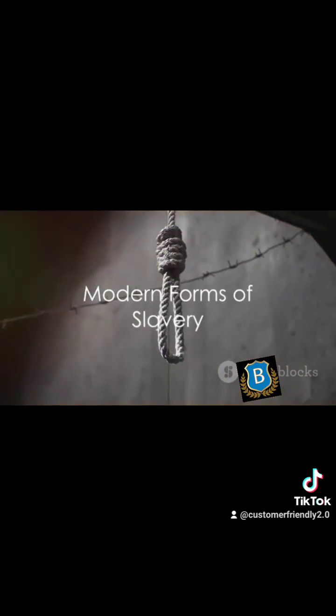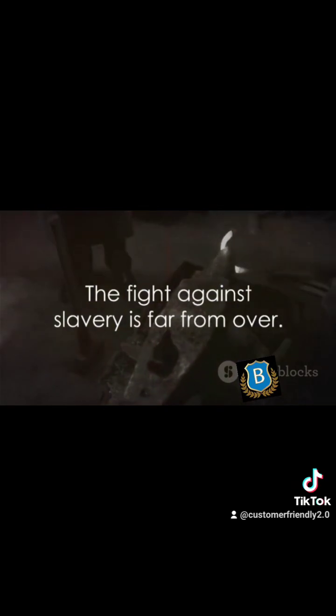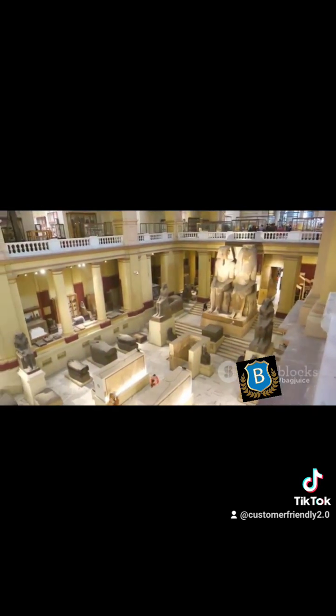Today, while slavery is illegal worldwide, different forms of modern slavery persist, including forced labor, debt bondage, and human trafficking. These forms of exploitation affect millions of people around the world, reminding us that the fight against slavery is far from over. To summarize, the history of slavery spans from the earliest civilizations in Mesopotamia and Sumer to the present